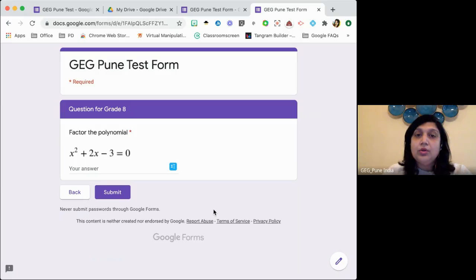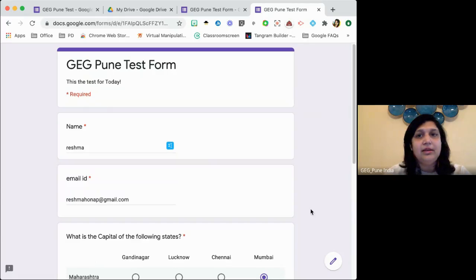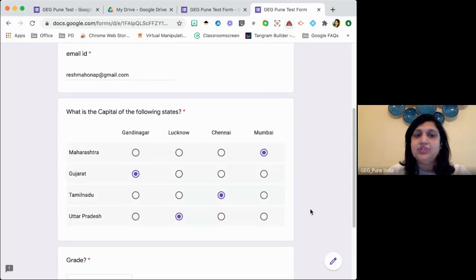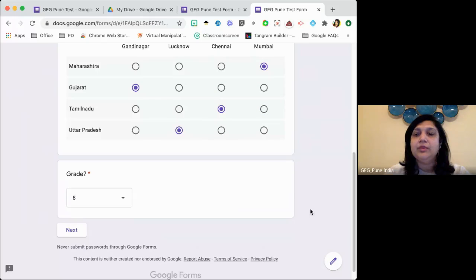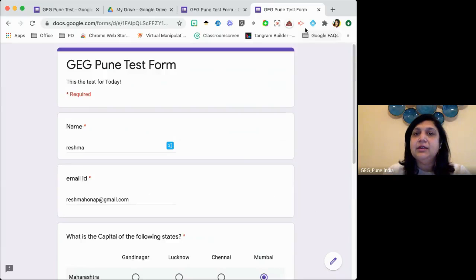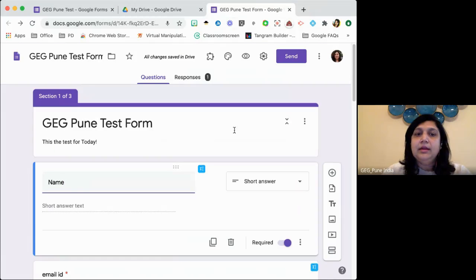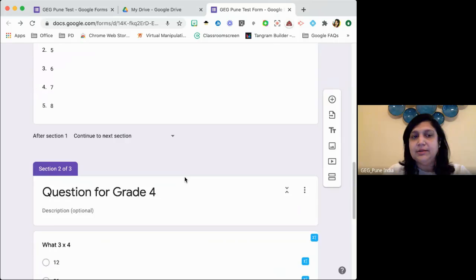Now this is also very useful when, as a teacher, I believe that giving a child a 0 and saying they don't know anything, yes, the test should not be over. So this is a very, very useful option, section based. When you see a child got a question wrong, if a question is incorrect, you want him to be able to learn how to do that question and come back and do the same question again. So most of the times, this can be done when you use section based answers.